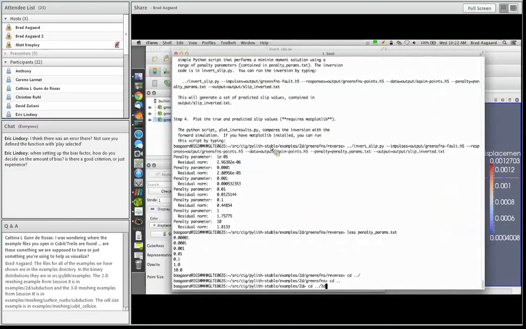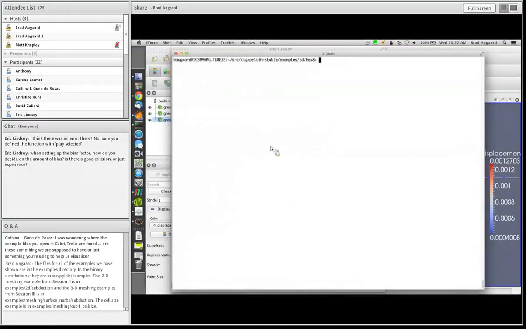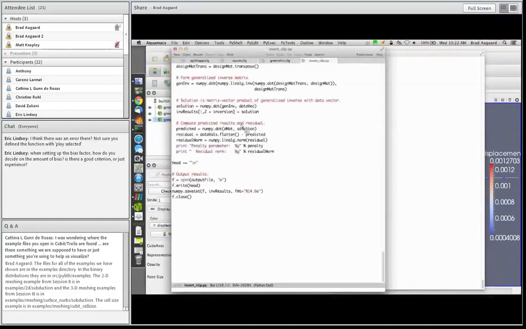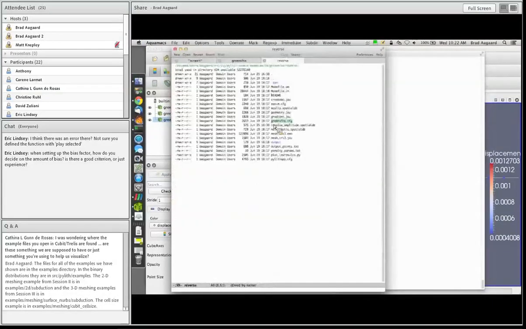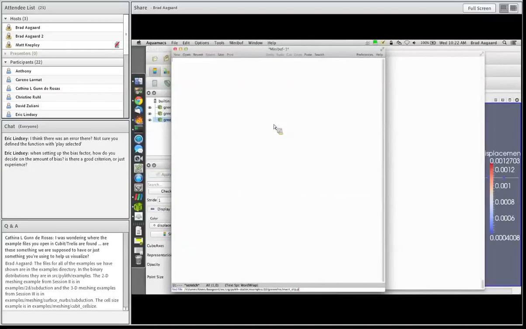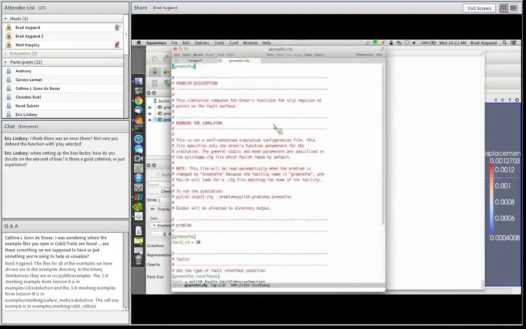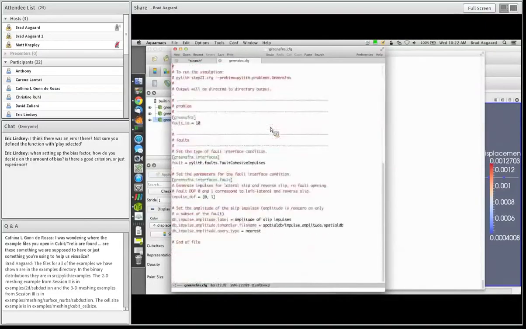If we have time here in a few minutes, we'll go through and mess around with some of these things to give you a better idea of how to change parameters. And then we had a generic set of PETSc solver parameters. For our Green's function specific case, we've put just a few of the Green's function parameters here in our greensfunctions.cfg file. We're putting in our material ID for the fault, which is set to 10,